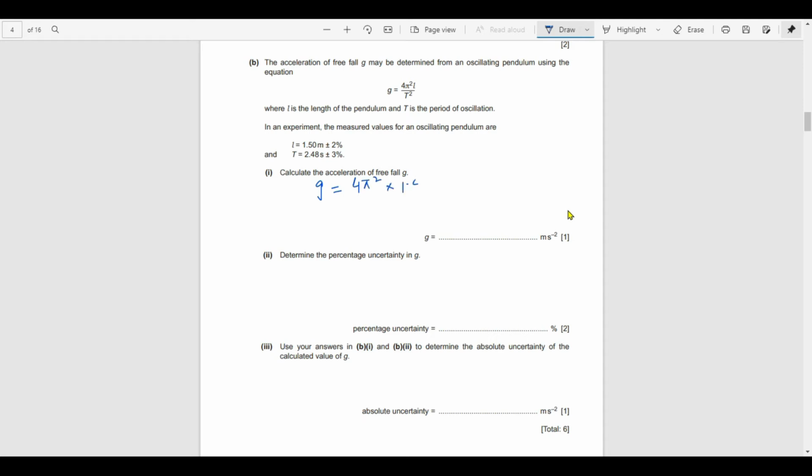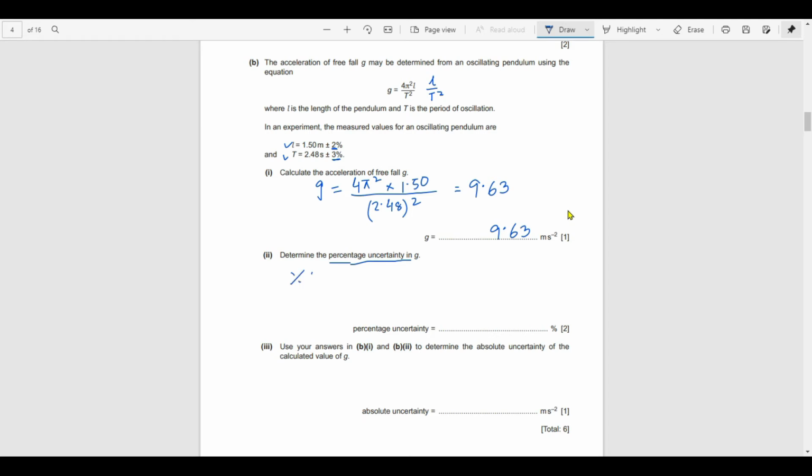So G equals 4 pi square L by T square, and L is 1.50, T is 2.48. Substituting these values, we calculate the G value, which is 9.63 meter per second square. It is 9.628, which can be written as 9.63 in three significant figures, because our data for L and T are in